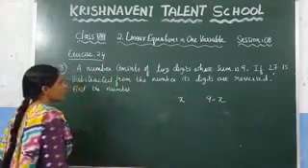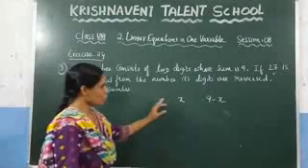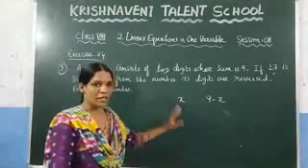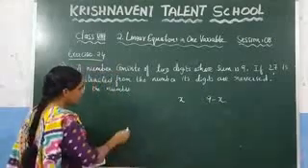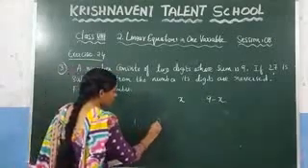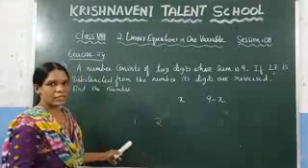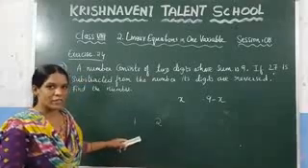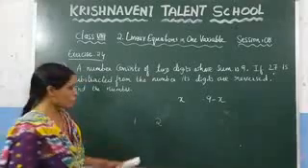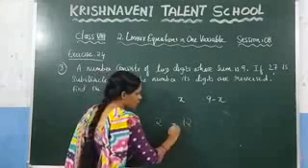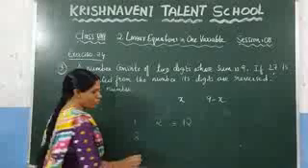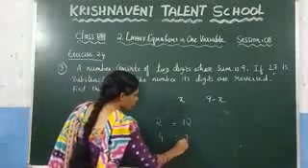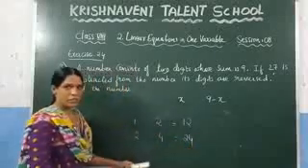Now, first you know the digits, and you need to find the number which contains these two digits. Suppose you are given, consider 2 examples, 1 and 2. If you want to find the number from these two digits, it is nothing but 12. And if you consider 2 more digits, let us consider the tens place as 2 and the ones place as 4. What is the number? 24.